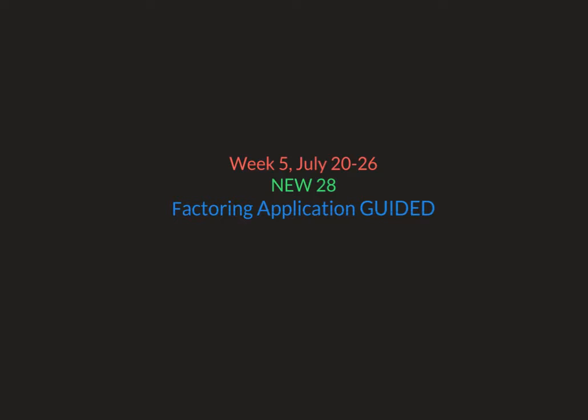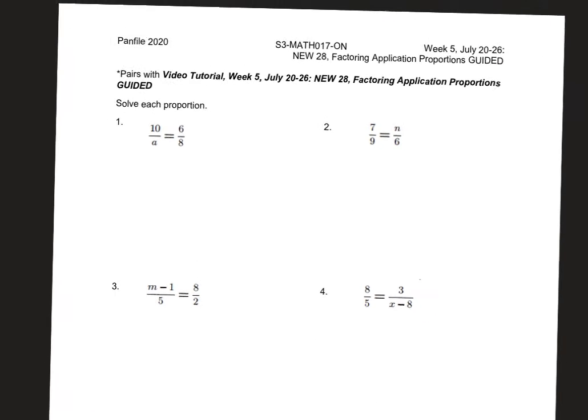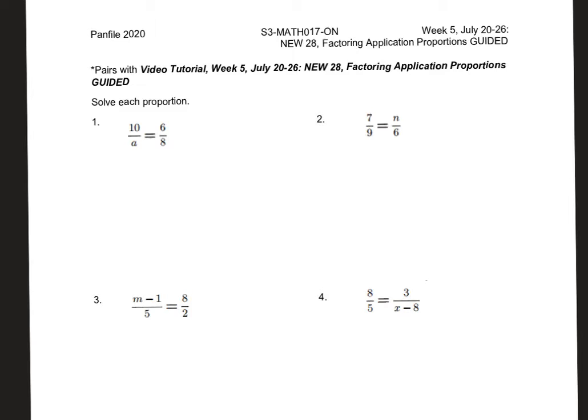So on the previous video, we did the basics on how to solve proportions, and this time we're going to look at how factoring is applied to them. So let's get started. All right, so the first couple I'm going to kind of take you through. The first couple are going to look very similar to the ones we did in the last video. And again, you're going to be able to simplify to that simplest fraction form. You do not need to and should not get a decimal answer unless it starts with a decimal